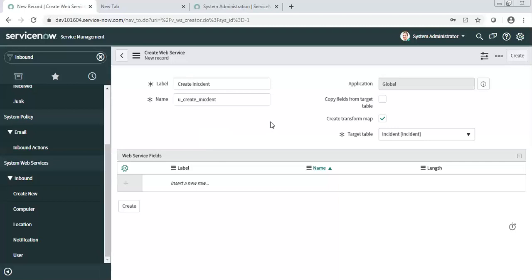You have two options. Either copy all the fields of your target table, so whatever fields are in incident will all be created on your import set table. Or if you want to create only some specific fields, 5 or 10 fields, on your import set table, then do not select this. Create the table.